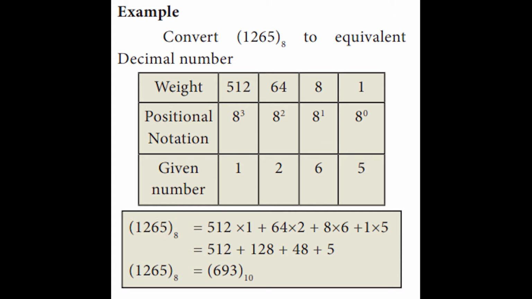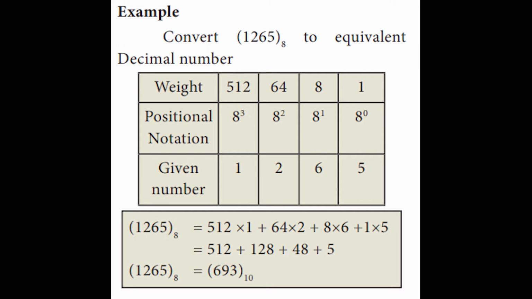Are you clear? I'll just repeat the steps once more. Octal to decimal conversion means first we write down the octal digits and list the powers of 8 from right to left. That is the positional notation. Then for each positional notation of the digit, write the equivalent value. We'll have some weight for each positional notation, so we write the weight and multiply each weight with its corresponding digit. Then we add all the values, and we get the decimal value for the octal number.